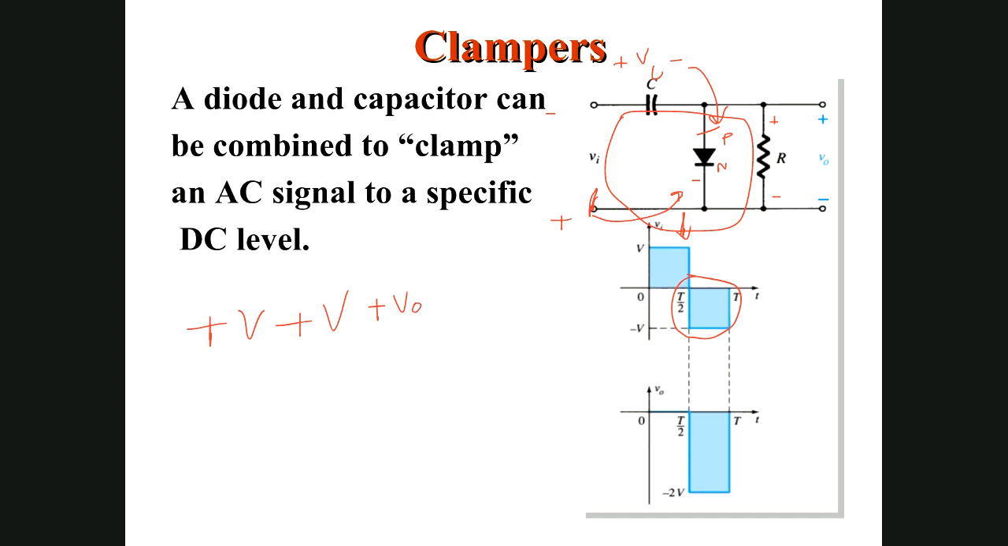equals to 0. Thus VO will be how much? Take these voltages on the right side, it will be minus V minus V. It means it will be minus 2V. So minus means on the negative side of the axis, and the value will be 2V. And earlier we have solved that for the positive half it is 0. So this is the way you can solve your circuit. It is a bit tricky, but